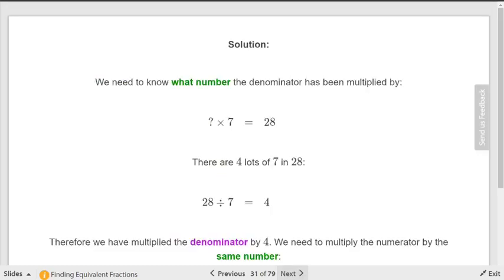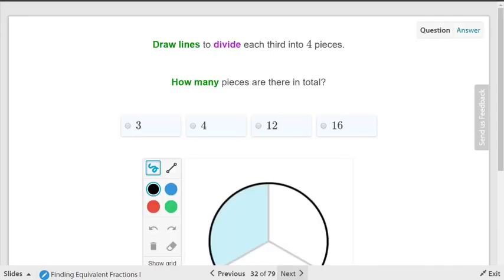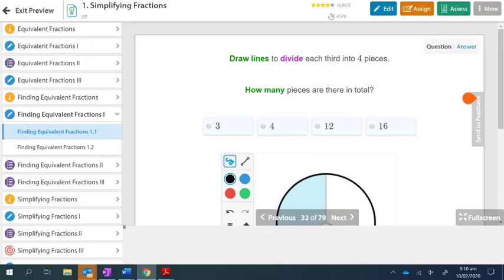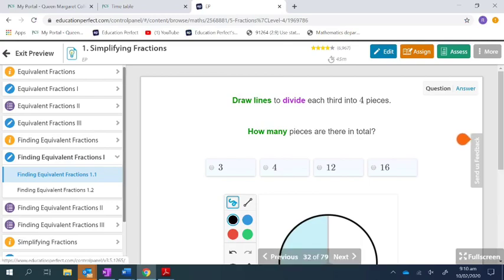Okay? So then they show you how many lots and then you go through. So there you are. You've got some more homework there. Now, let me go ahead and